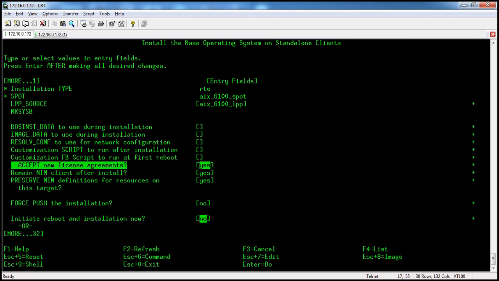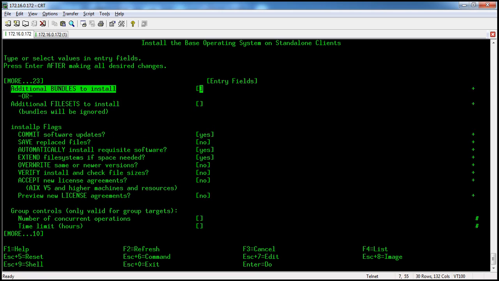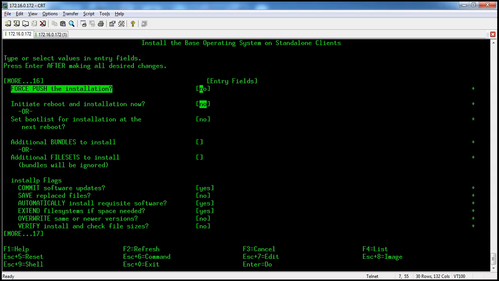Here we need to set accept license agreement to yes, and press enter. Also make sure that initiate reboot is set to no.